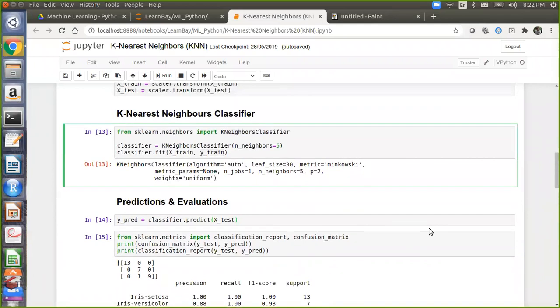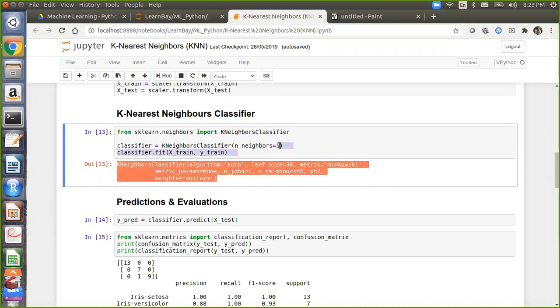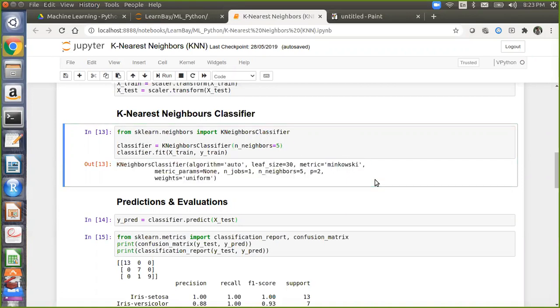Any questions, please ask. What is this metric Minkowski? Metric Minkowski is basically your distance calculation. Internally, by default it is using Minkowski, but you can write Euclidean also. If you write Euclidean here, it will calculate the Euclidean distances. I told you there are hundreds of types of distance algorithms available, like Mahalanobis, Manhattan, Chebyshev, Euclidean, Jaro-Winkler, Levenshtein. You can mention whichever one you want to calculate. You can always mention here, comma, metric equal to Euclidean, and it will do the Euclidean calculations.